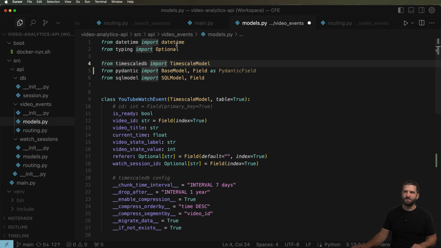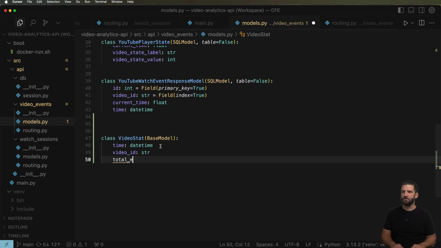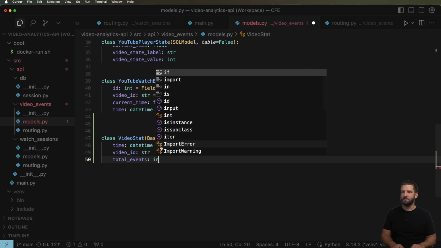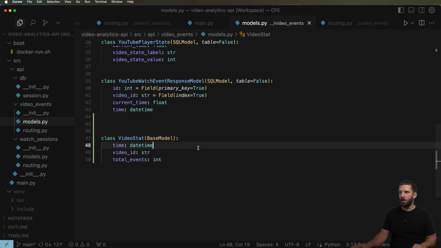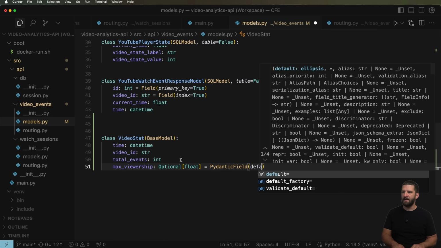And that's pretty much always going to come through. So yeah, we can definitely have that one in there because we're using time buckets. Next up is going to be the video ID, also always coming through in there. And then finally, we would have something like our total events, and this is going to be an integer, most likely. Okay, so another thing that we might consider doing is something along the lines of a max viewership, like the maximum amount somebody's watched, for example. This is probably going to be an optional float value,